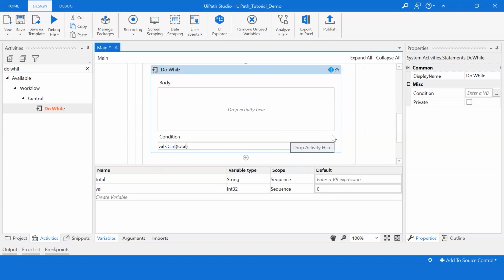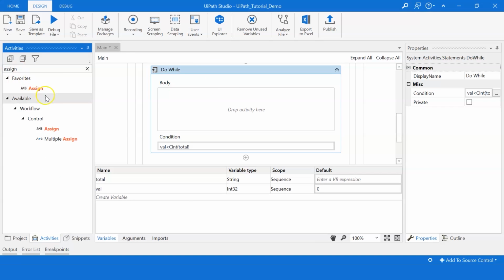The next thing I want to do is, if the value of the val variable is less than total, I'll increment the value of val to 1. So to do that, I'll use an activity called assign. So I'll check for assign and I'll drag it onto the body.